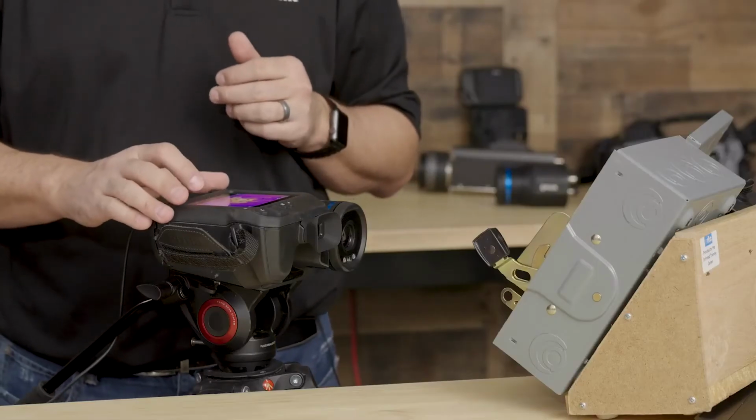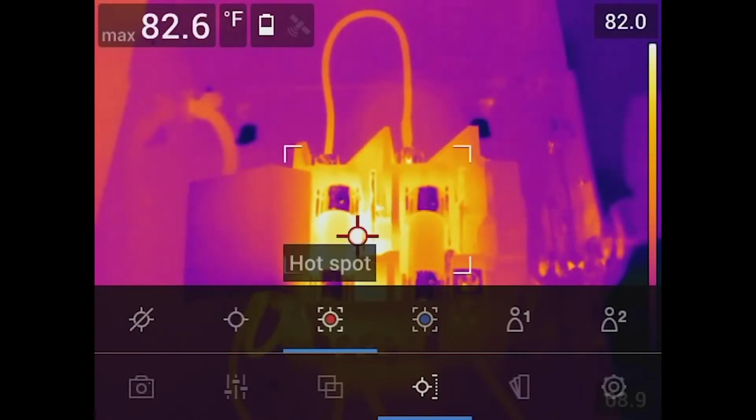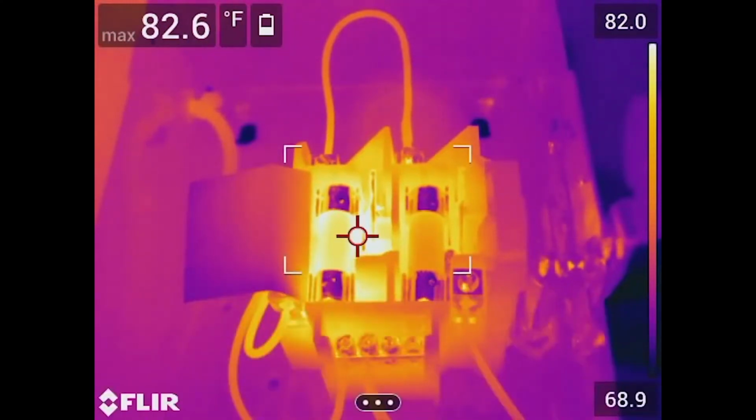So as we move across our measurement functions, you can see here we have a couple different options. You see one is red, one is blue. What red is going to give us is this area or region of interest, and now you can see there's four right angles on the screen with a red pixel, or should I say a red center spot that's moving around. Well, the nice thing about this is that the measurement feature is doing all the work for you. If you notice when I put the center spot on there, I had to move it and maybe take a guess as to where the hot spot is. Well, the camera's doing it for you.